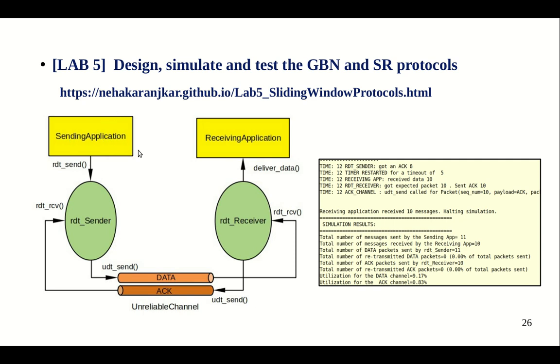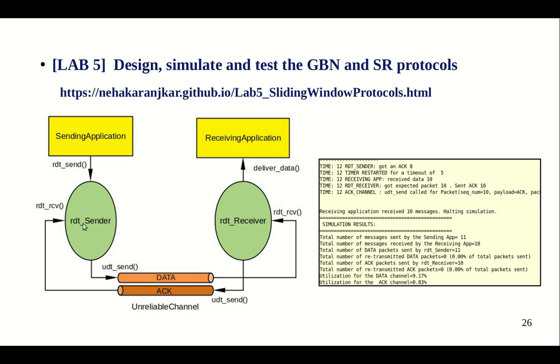Now what is the message that it is sending? It's just sending a number: 1, 2, 3, 4 and so on. For now, this is for the purpose of testing, so that the sending application keeps sending some numbers and the receiving application checks if it has got all the messages. These two implement a check for the logic of the sender and the receiver.